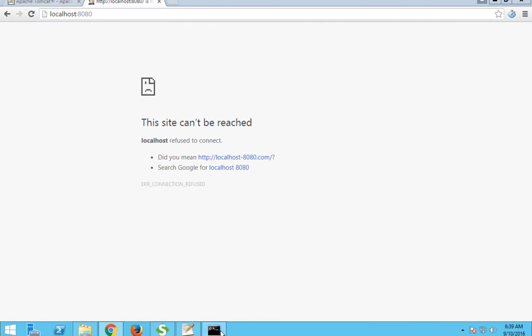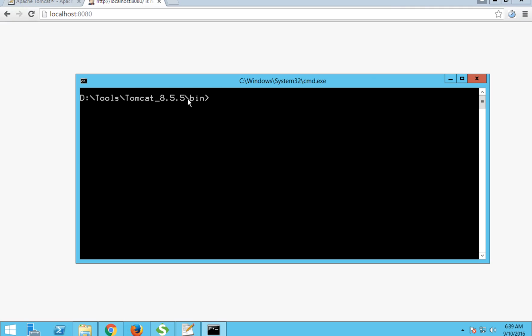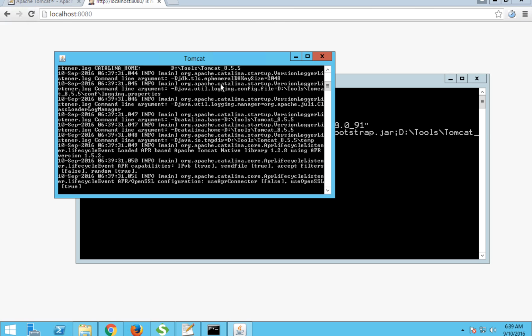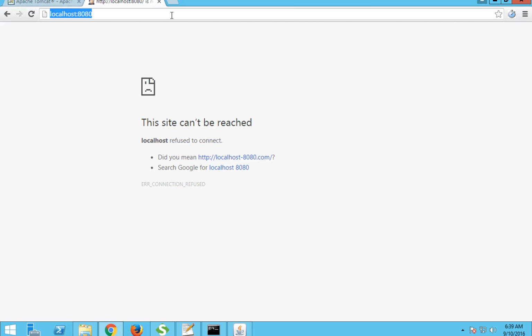So I'm going to my command prompt and I'm inside the Tomcat bin directory. I will say catalina.out start. Okay, and it should again start my Tomcat on my default port.